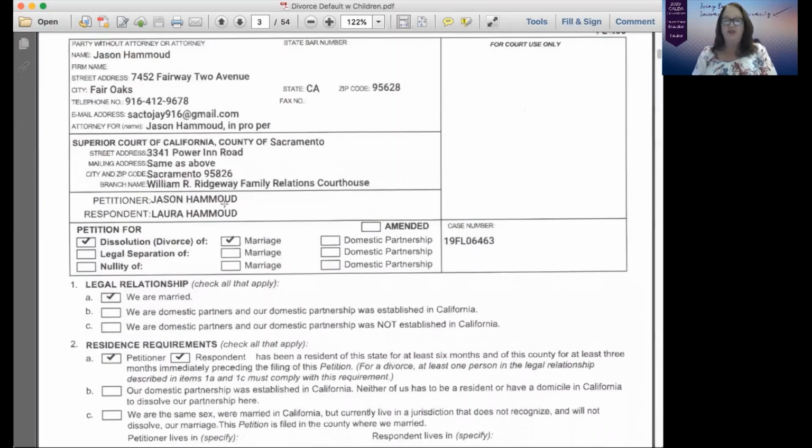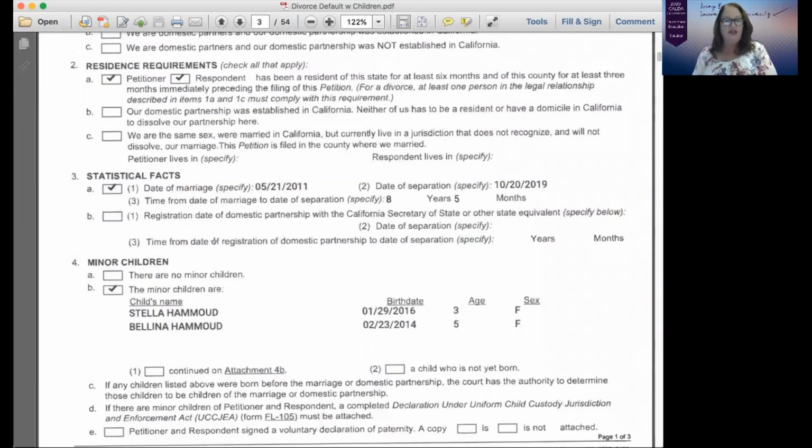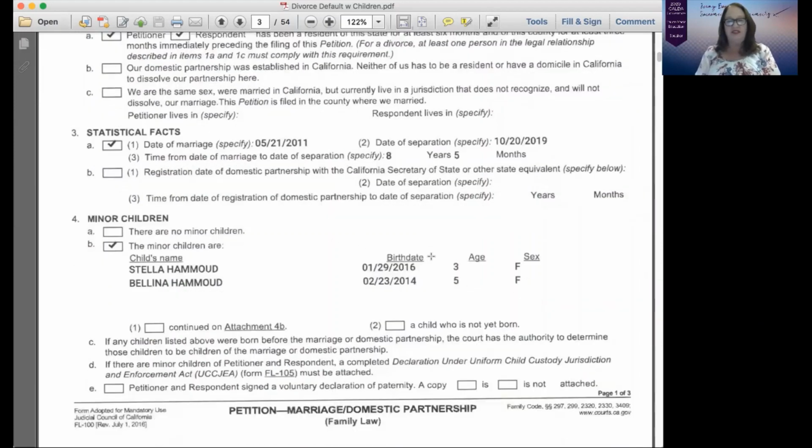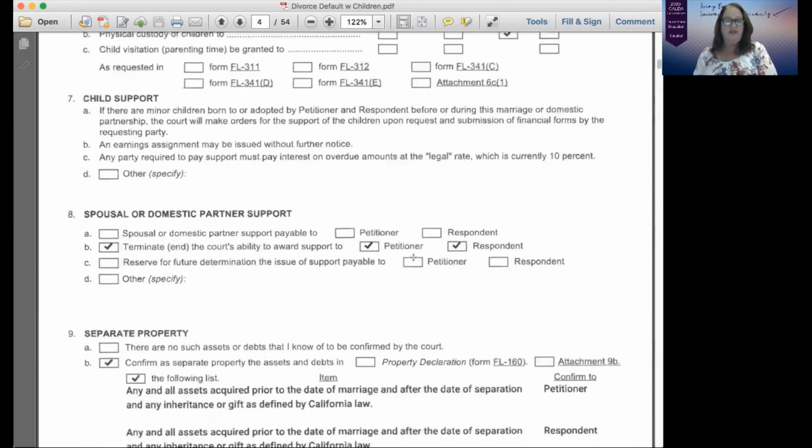The petition is going to pretty much be the same. There is one little difference here on page 3. Here we did the date of marriage, statistical facts, the children. But one little difference